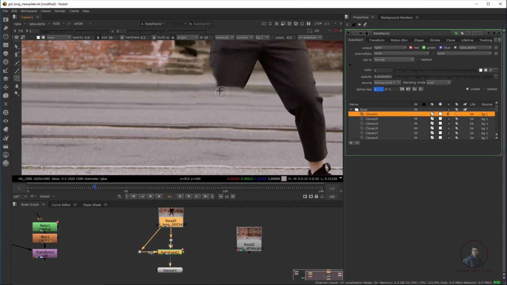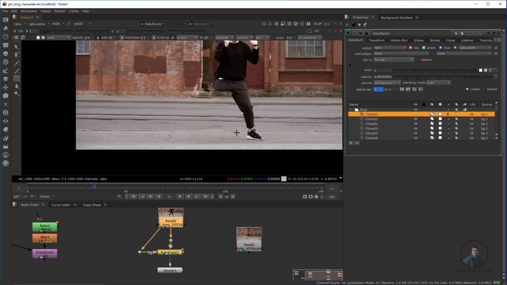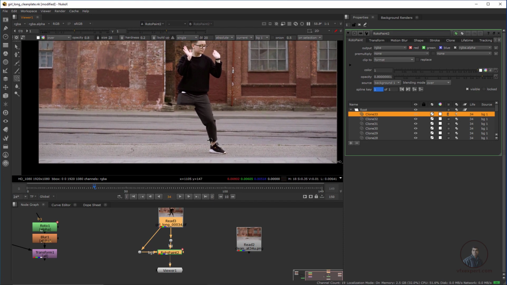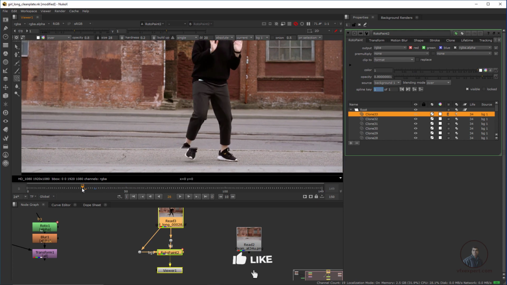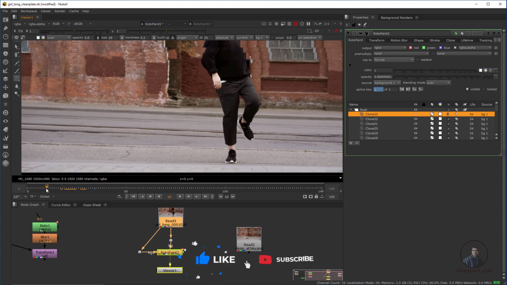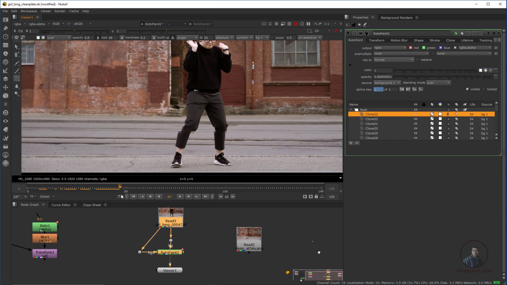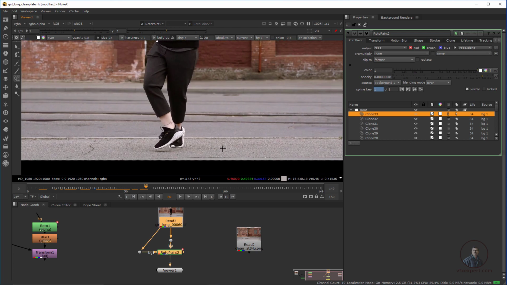Remember this one, you have to adjust your reference frame perfectly, otherwise it will not give you a perfect result. So now suppose after this I want to remove this one, so again we have to check on which frame this object is not visible. So again move it here a little bit, so this will not work here. So maybe frame 60 will work for the second foot or leg here.